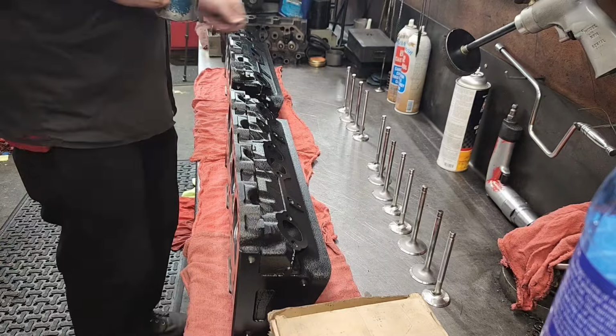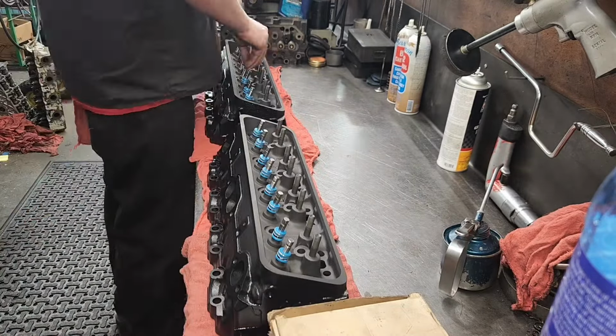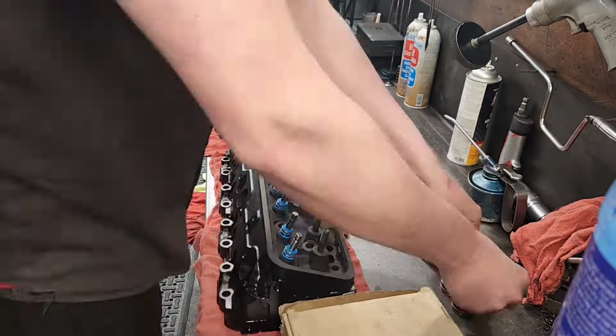Now that I got these heads all washed and painted, I'm assembling these things. I'm using some premium Viton valve stem seals. I also machined the guides down about 100 thousandths, because from the factory these things can only handle 480 thousandths lift